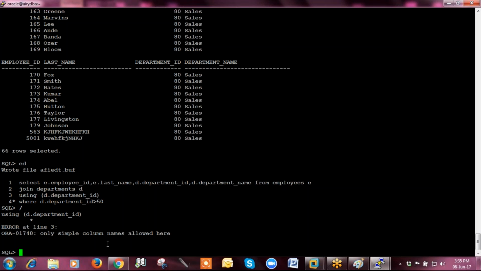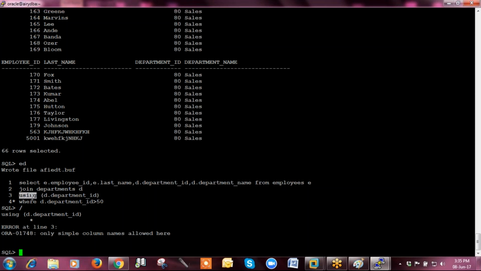So you have received an error, because the point is the same as you have mentioned. As I put D dot department ID, I have specifically hard coded that this D dot department ID is only part of the departments table.